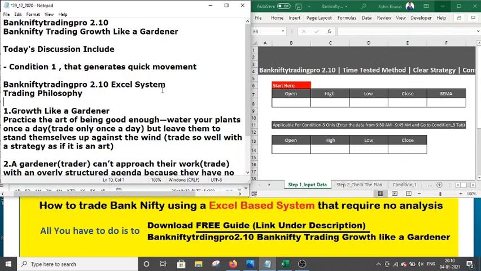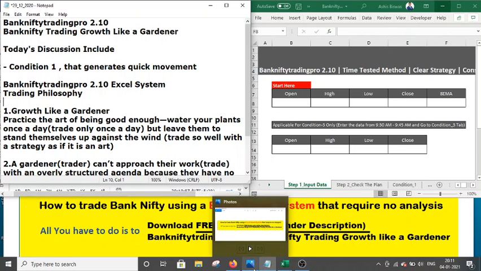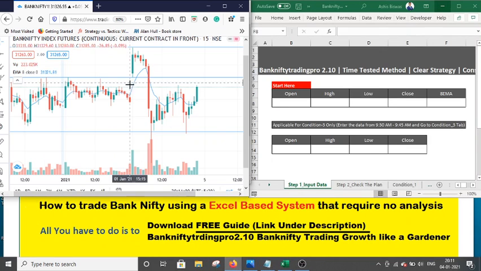In today's episode, I will describe the condition 1 that generates quick movement. In this Bank Nifty Trading Pro 2.10 Excel, you can generate a Bank Nifty trade. Just enter a couple of data points from a free website. You can check it from TradingView. I do prefer TradingView. You can check the TradingView data for Bank Nifty, and you have to enter the open, high,